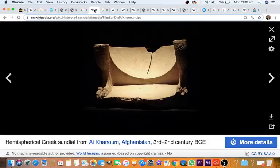Now, if you wanted to be really precise, you would make a concave sundial like this, and it wouldn't elongate the shadows on the sides, so it would give you a nice line, and that's why this was done. Obviously, in ancient Greece, full of geniuses. They were the superpower of the ancient world, and of course, they were able to do things like this. The modern precise sundials look like this,